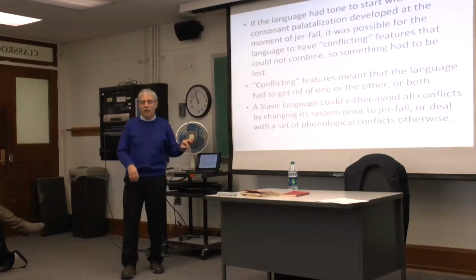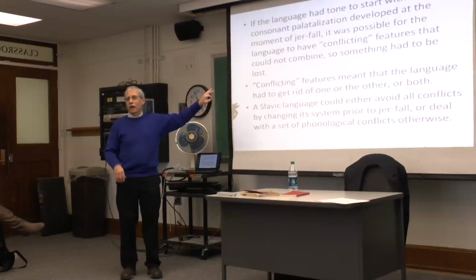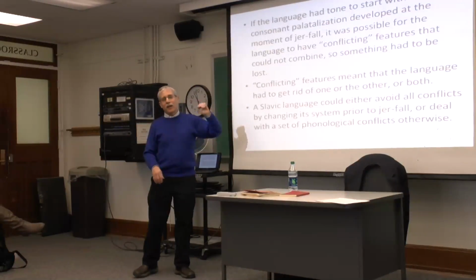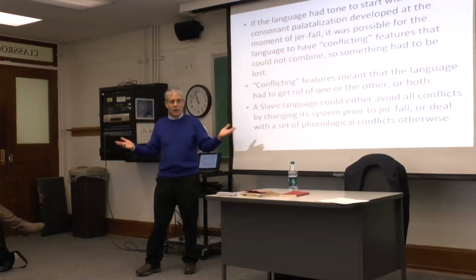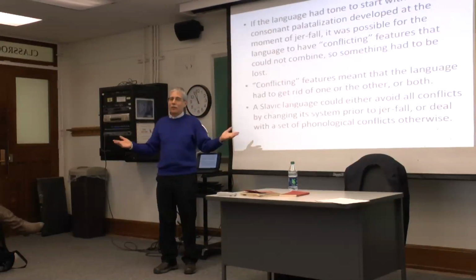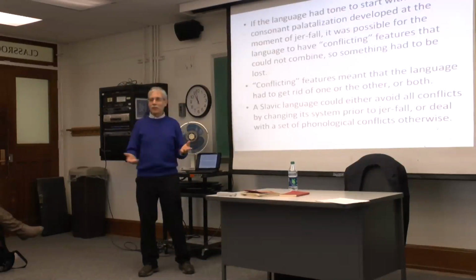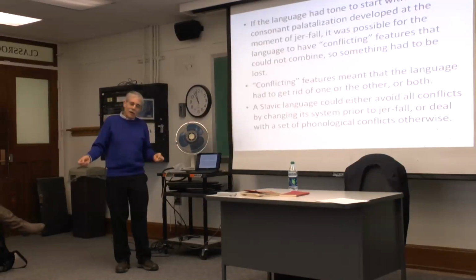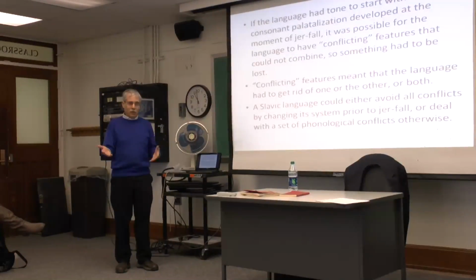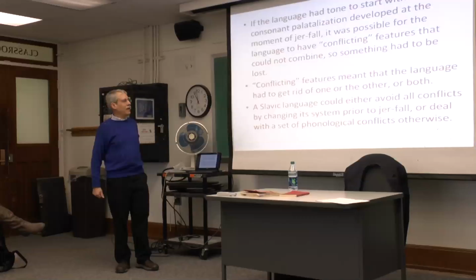And Jakobson's theory is that that happened right before Yerfol. So they never had a conflict. They got rid of the potential for that. So what happens? The two words become the same. In Serbo-Croatian, the two words dan would be exactly equal. There's no difference between them, and they lose that opposition. But as a consequence, they can keep the tonal or pitch opposition. So that's the way that happened.